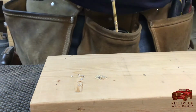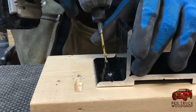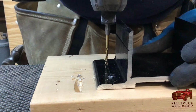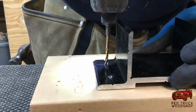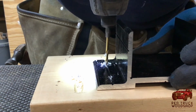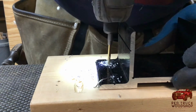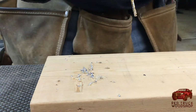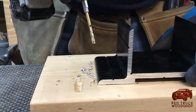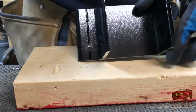Which, by the way, anyone who's drilled in metal or watched metal being drilled, it's always best to go slower. In woodworking, higher speed is fine. But in metal, you want to go relatively slow. That keeps things cool. So although it sounds like my battery is giving up on this, I'm actually just taking this really slow. Alright, so you can see there,